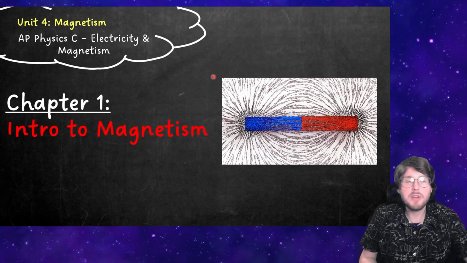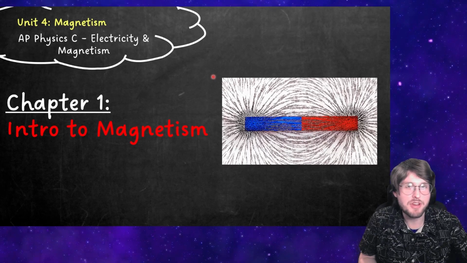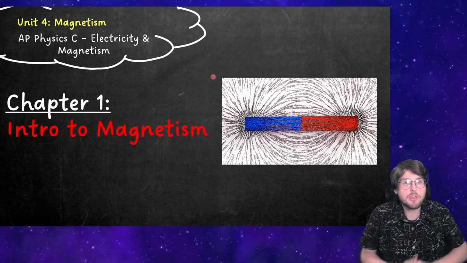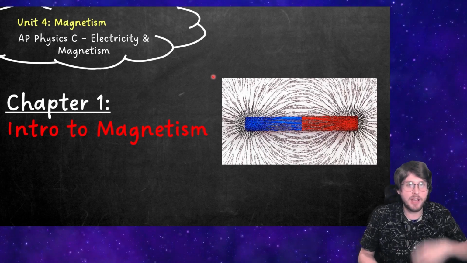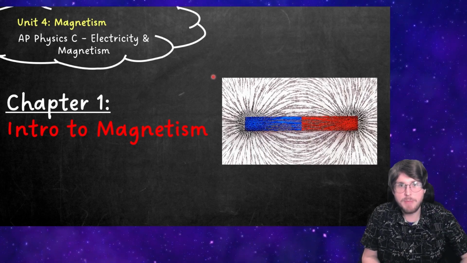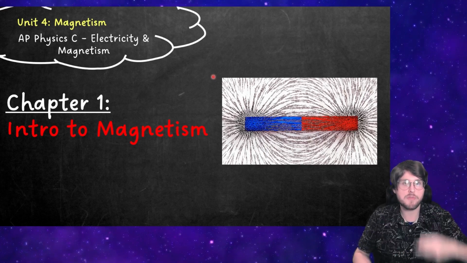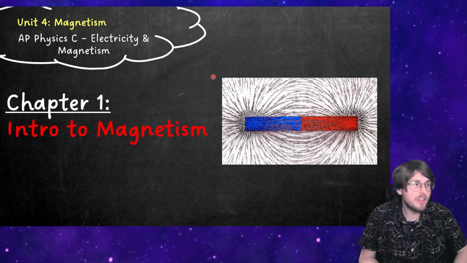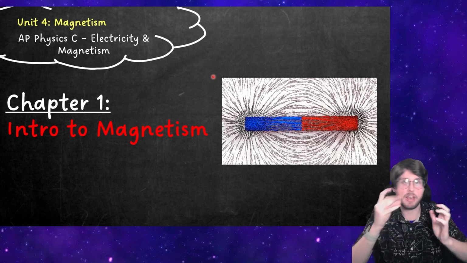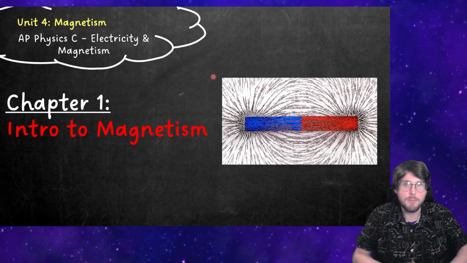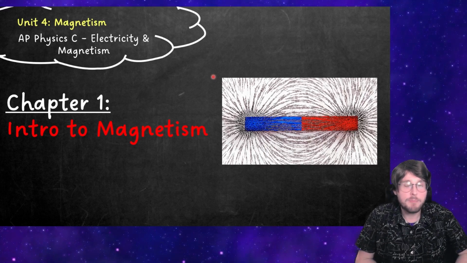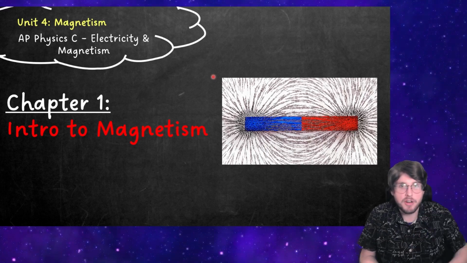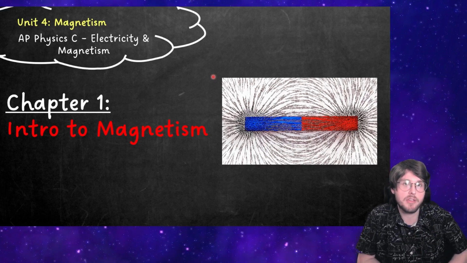Greetings! Welcome back to my video series on AP Physics C, Electricity and Magnetism, where I'm going to be kickstarting Unit 4 over magnetism. Now, in AP Physics C, the class, magnetism is split into two separate units. You've got magnetism, and then you've got electromagnetism. And in this series, I'm going to combine them both into the same thing, where we'll slowly progress into the more modern electromagnetism. But in this first video, I'm simply going to cover conceptually exactly what magnetism is and what